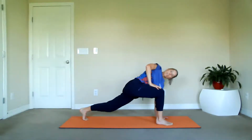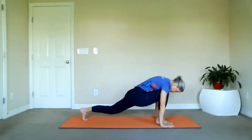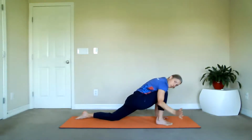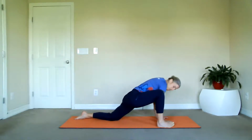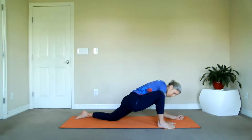And notice your breath coming and going. Inhale and exhale. Inhale and then exhale. Come back to the lunge. Then relax the back knee and foot. And now bring both hands to the inside of the leg and walk that foot towards the outside, coming into lizard pose. Here you can stay more upright and have both hands on the ground, or you can lower down